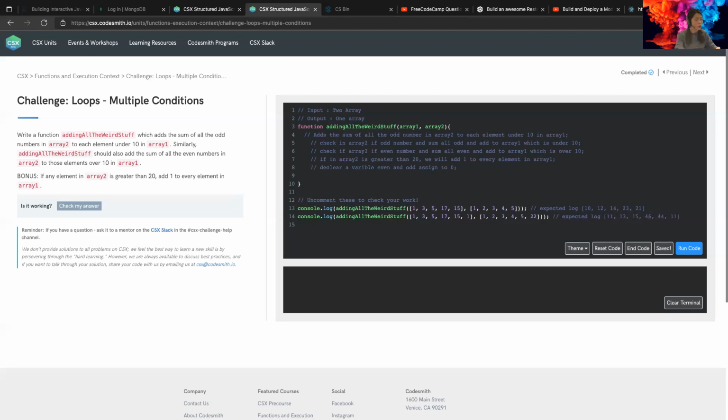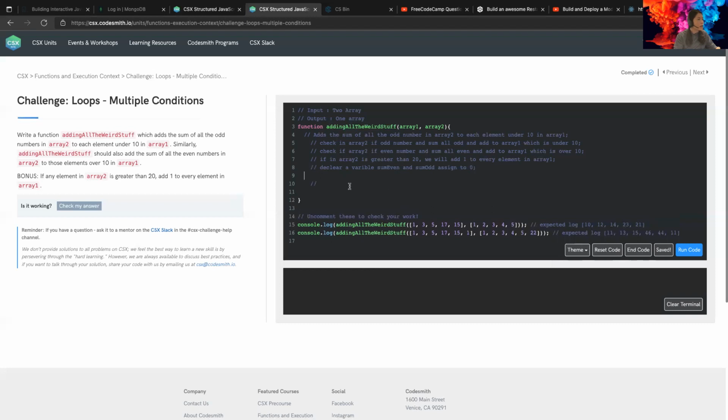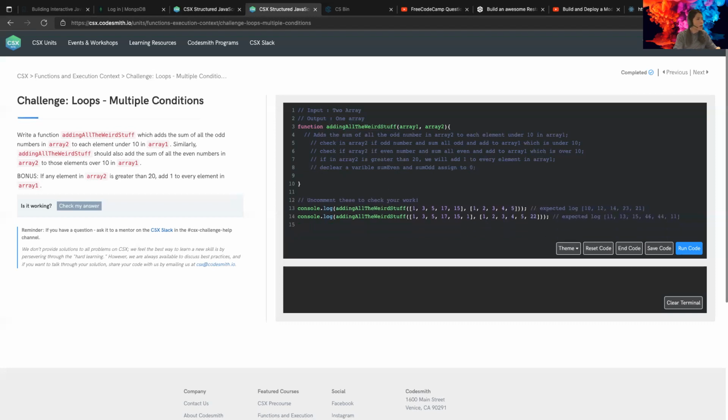Then we will do something with sumEven and sumOdd. I think it should be more clear that way. Because we want to get the sum of evens and odds from array 2, I'm going to iterate through array 2